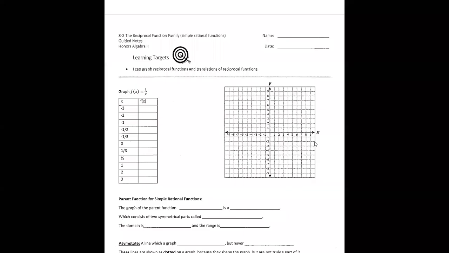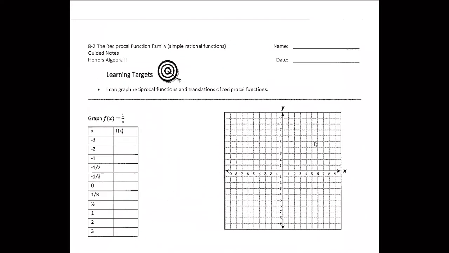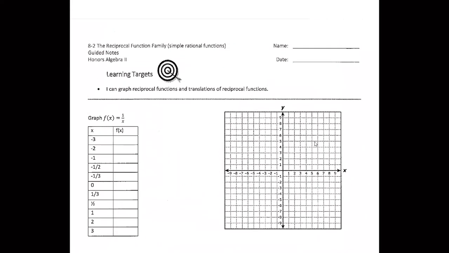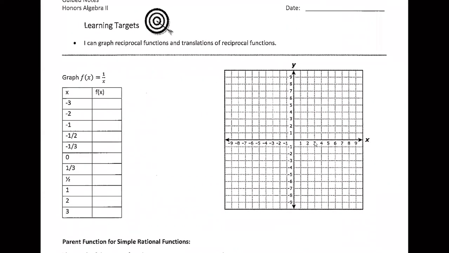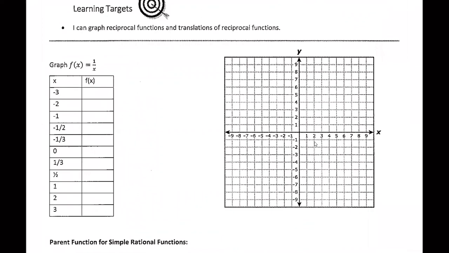Okay, so we're going to be graphing rational functions. We're going to start with the simplest of these, 1 over x. It's called the parent function of rational functions, because every other function we're going to look at is basically just a modified version of this one. So, if you just plugged in these values of x,